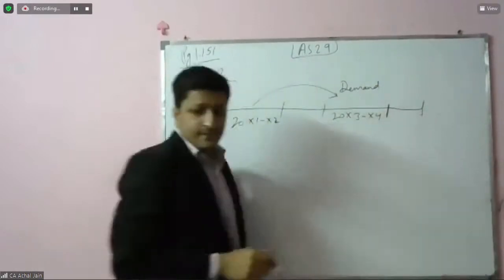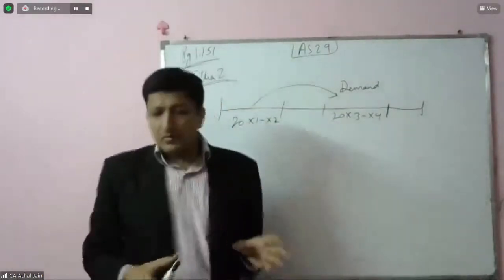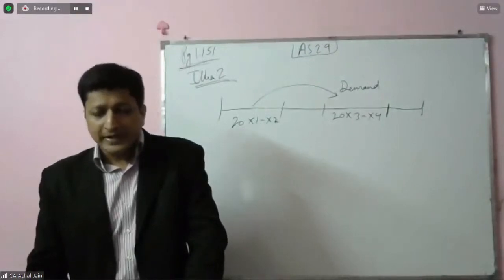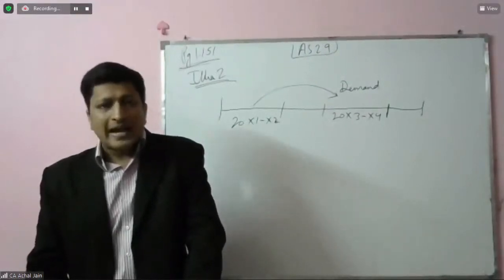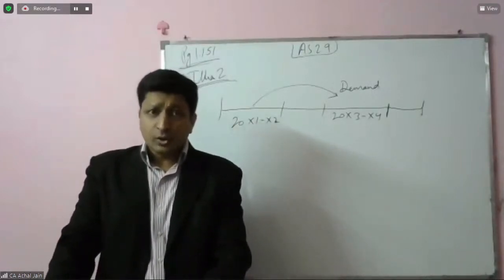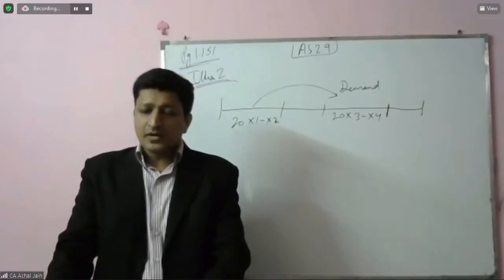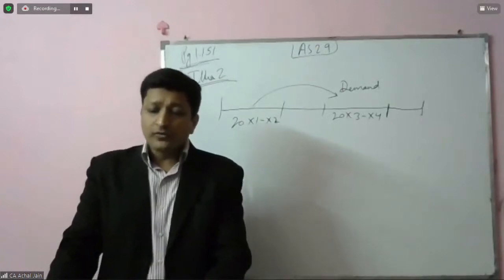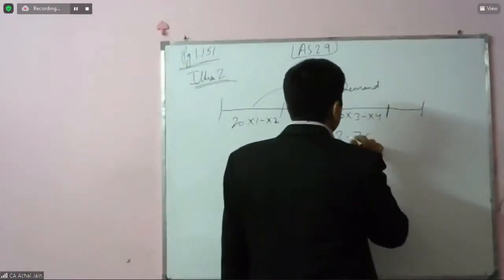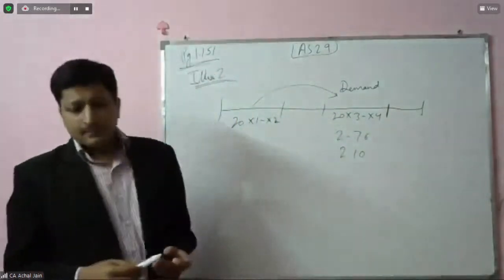This demand is raised. Company paid the entire due, means this entire demand, under protest, without prejudice to its right of appeal. So company paid the demand and this is under protest. Company filed its appeal before the appellate authority wherein the grounds of appeal covered tax on additions made in the assessment order for a sum of rupees 2.10 crore. So the demand was received for 2.76 and the company filed an appeal for 2.10.